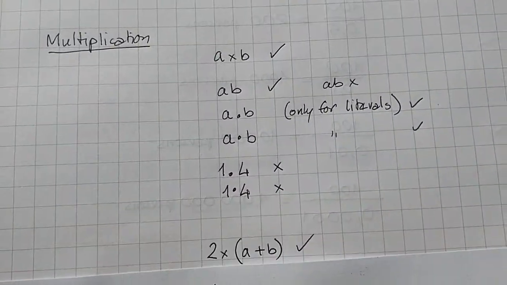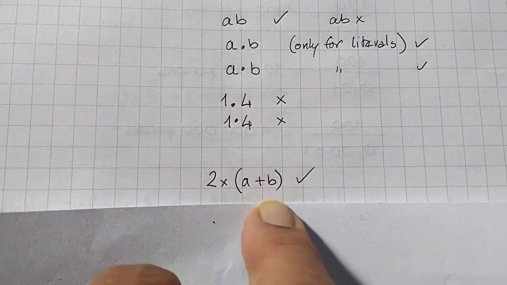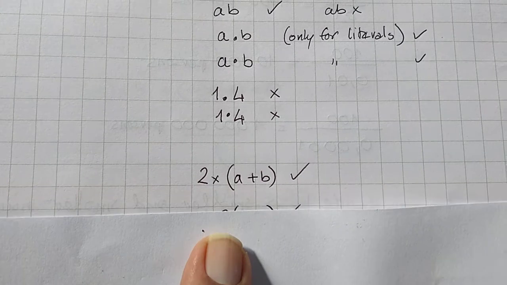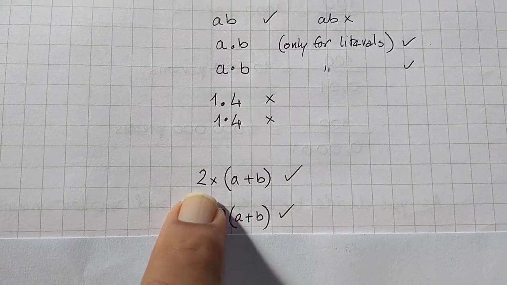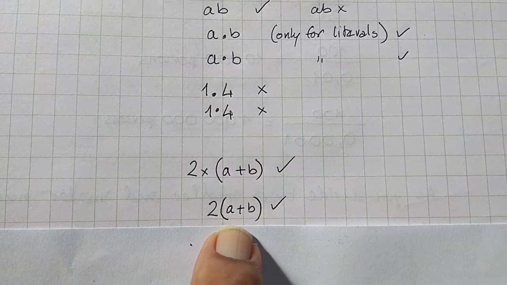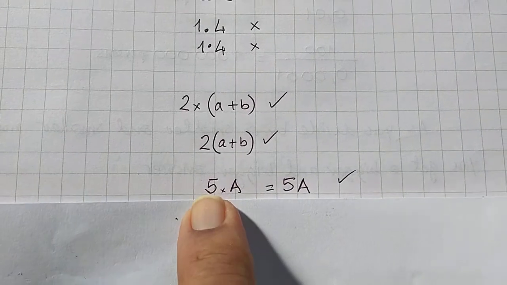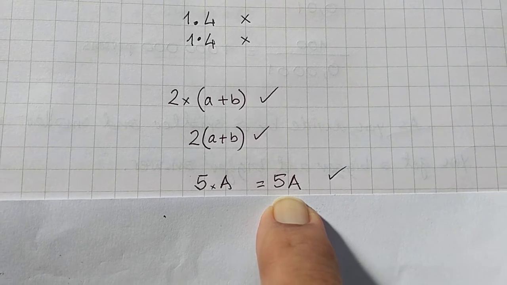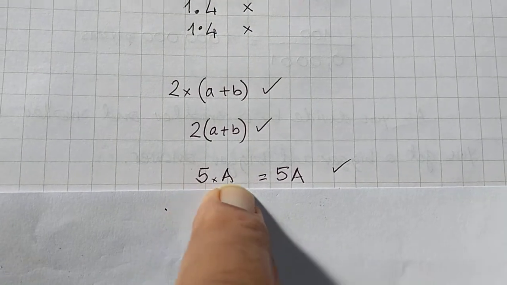Okay. Now another thing: if you have 2 into A plus B, here you have to do A plus B first and then multiply by 2. You can again omit the multiplication sign and write 2(A plus B). This 2 I have written as 2, but it could have been another letter, C into A plus B. You could have written C, straight away brackets, A plus B. Now, you can write 5 into A as 5A. This does mean 5 times A, 5 into A, 5 multiplied by A. You don't need to put the multiplication sign.